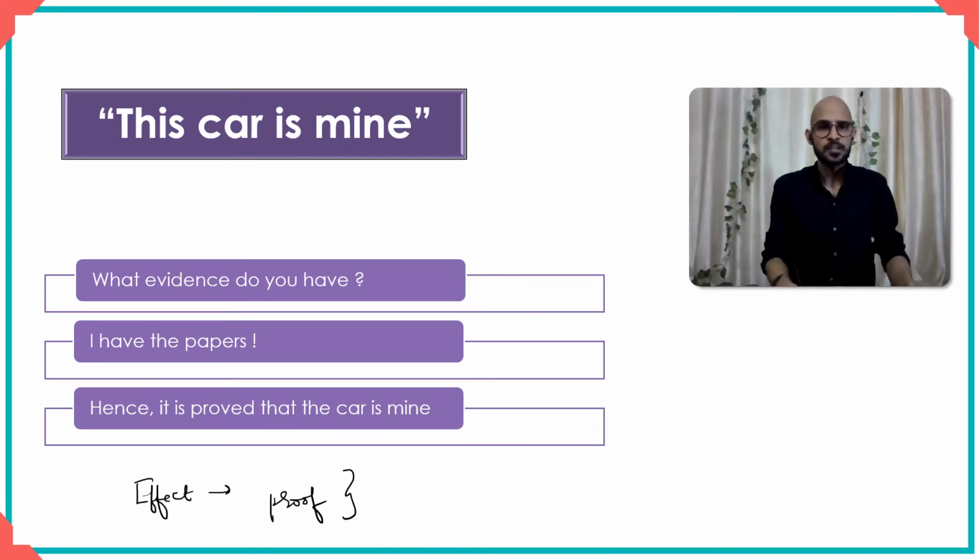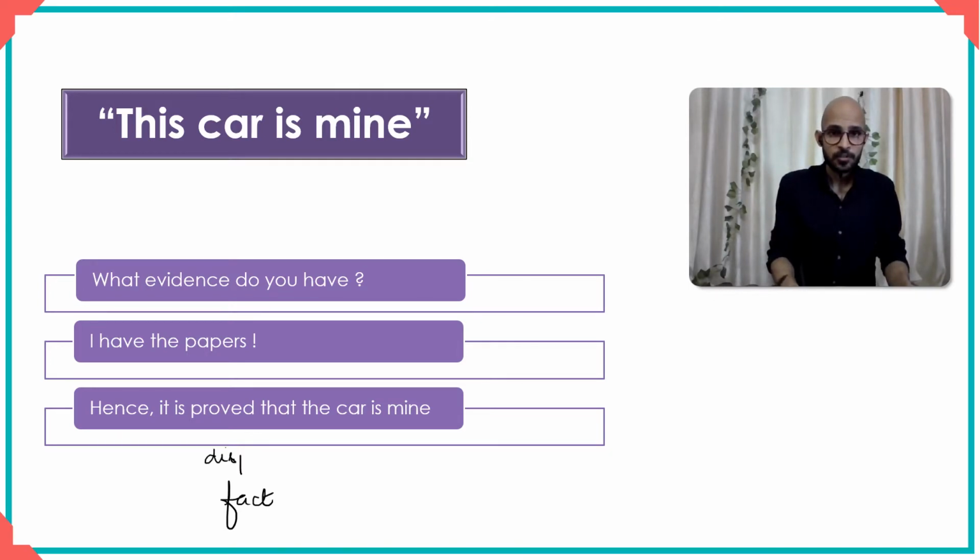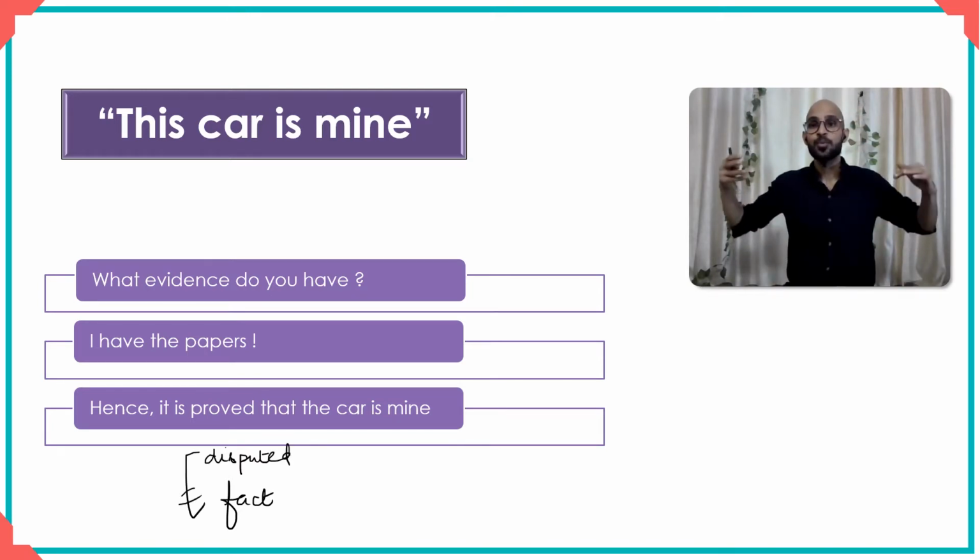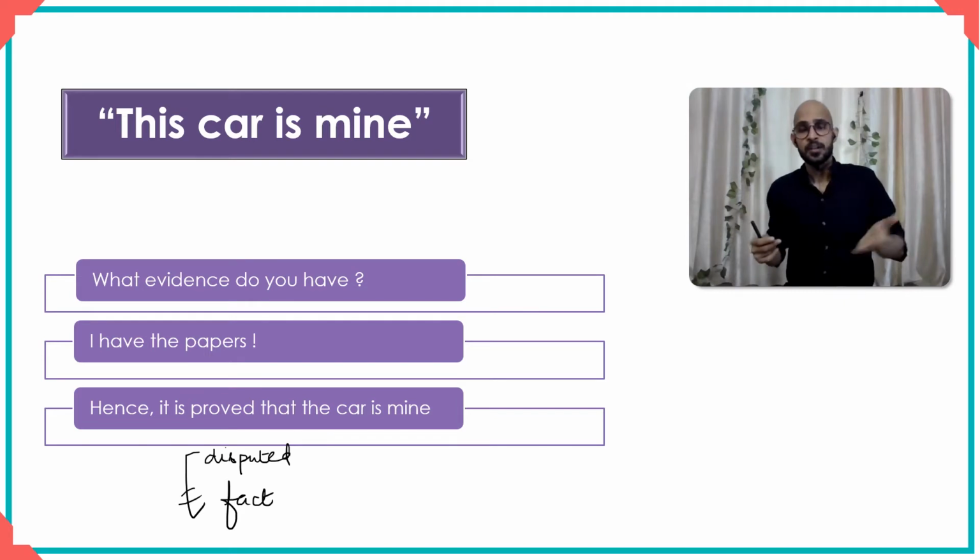And how is this incorporated into the Indian Evidence Act? Very simple. You always start off with a fact, and the fact obviously is a disputed fact. You see, the need for evidence arises only when there's a dispute. If he said, this car is mine, and a person says, okay, sorry, bhai sahab, I'll get aside, and he gets aside, is there any dispute? No. But if he asks him to get aside, the car is mine, and he says, how do I believe you? That's a dispute. It's a disputed fact. So when you start off with a disputed fact, what do you do?